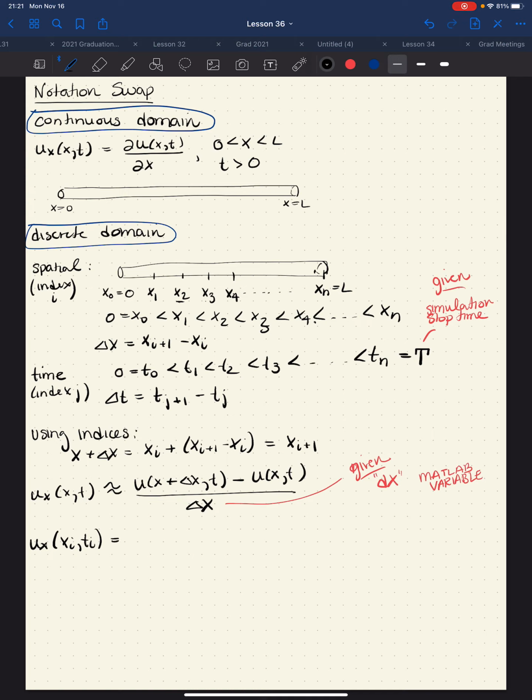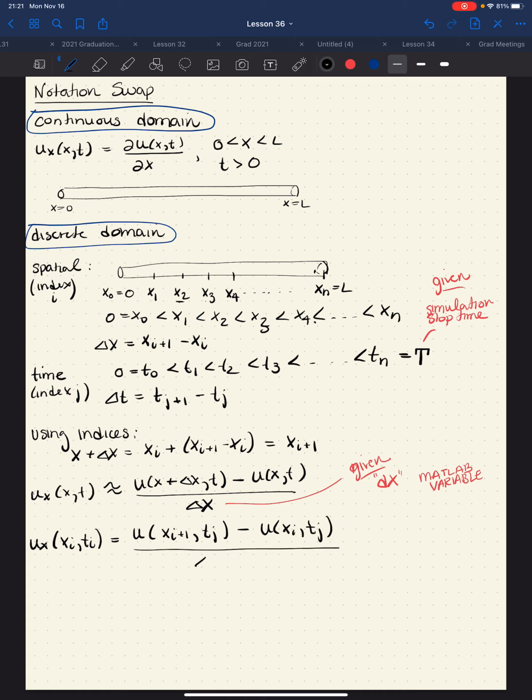That's going to be equal to, okay, so earlier we already talked about this. This is u, and x plus delta x in this index notation is just x_{i+1}, t_j, because it's the current time, but we're just moving forward in space. And then subtract off u at the current x, current time,